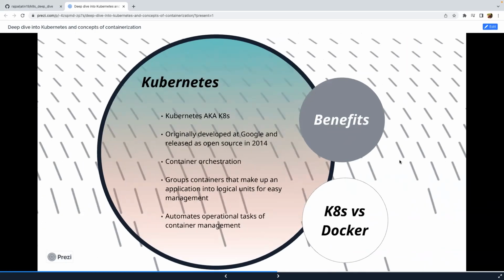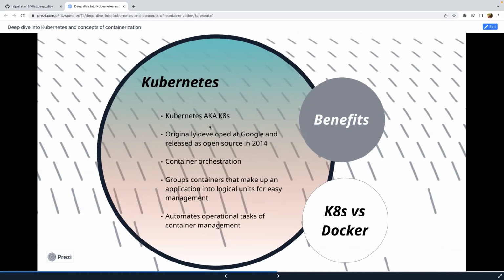So the next I'm going to discuss is Kubernetes. Kubernetes is also called K8s. Why is it called K8s? Because after K, there are 8 other letters. So the short form is K8s: K and S, with 8 letters other than these two. Just to give an introduction about it.